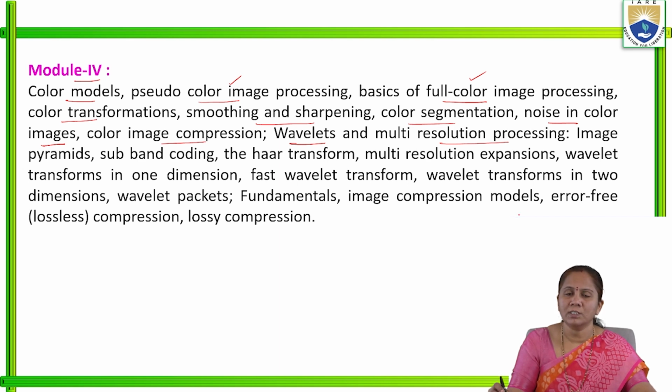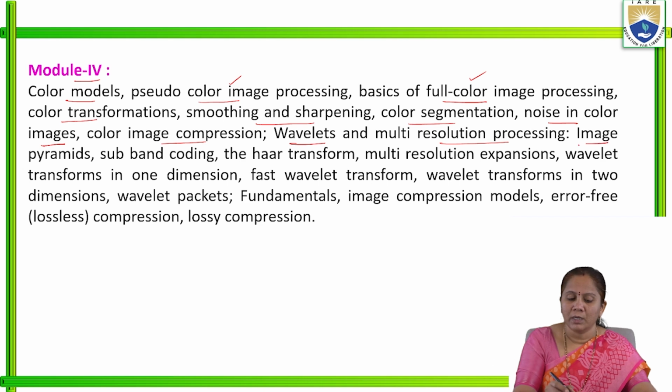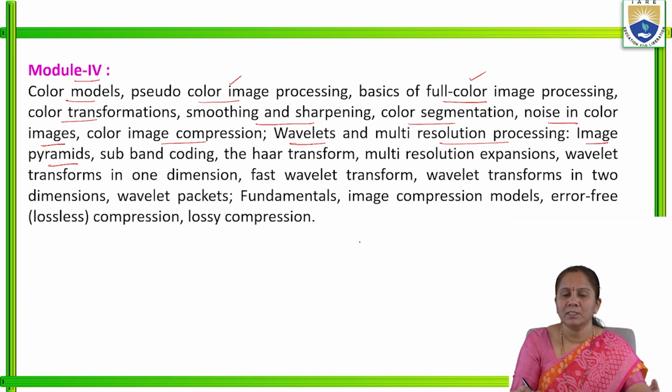Under this concept we have seen different subtopics like image pyramids and subband coding. In an image pyramid, the base image is the original image whose size is n by n. As you represent that in the form of a pyramid, the size of the image reduces. That concept comes under image compression.